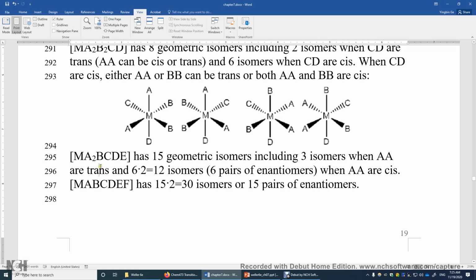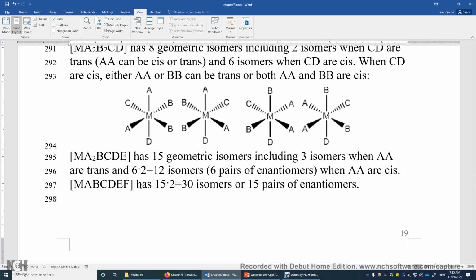And then what if the 2 A's are cis? Well, then there are 12 isomers. Actually, it's 6 pairs of enantiomers when AA are cis. Why is that? Why are there 6 pairs of enantiomers? Well, this is because when the 2 A's are in the cis position, now imagine you put these 2 A's